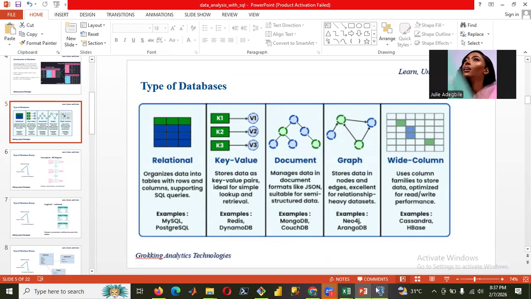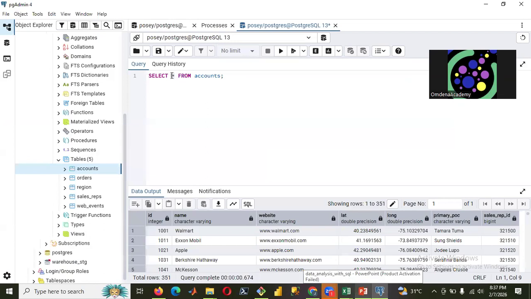Yeah. Whenever you are querying a database, don't go with asterisk. What this asterisk is saying is to query all the columns. You should not query all the columns because it's not cost efficient, especially when you're working on cloud, like BigQuery or Redshift. If you're querying all the columns, AWS or Google Cloud will charge you for all the columns that you are querying, and most times you don't need all the columns. So you're supposed to pick the columns that you want. In this case, if all I want is just the ID,